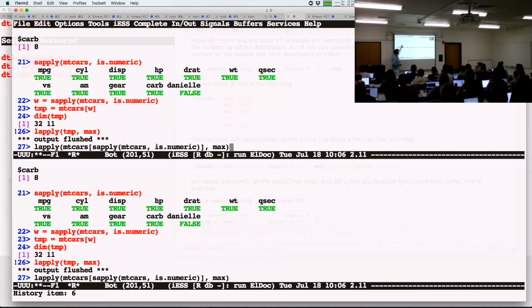So if you've got 10,000 columns and 10% of them are numeric, we're only going to apply this maximum to 10% of the columns, and we incur almost no overhead in actually making the copy of the subset of the data frame. However, if your function isn't just the max, but says go in and change every value greater than 10 to be 0, now you're copying every single one.